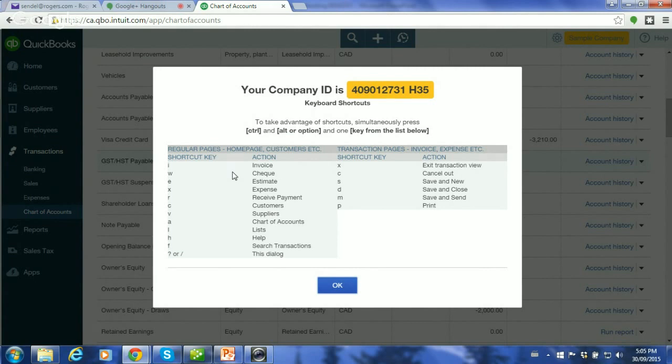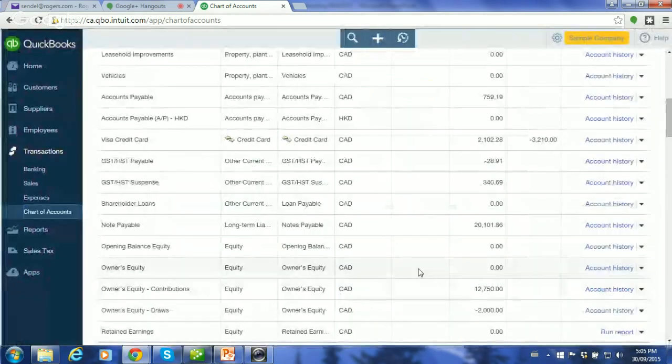This is your ID for your software. It also provides you handy shortcuts, as you can see. So if you'd like to use the mouse less and less, and you prefer to have quick strokes on your keyboard, that's how to find it. Control-Alt-? So just make that note, and you'll have a little bit more items to play with.